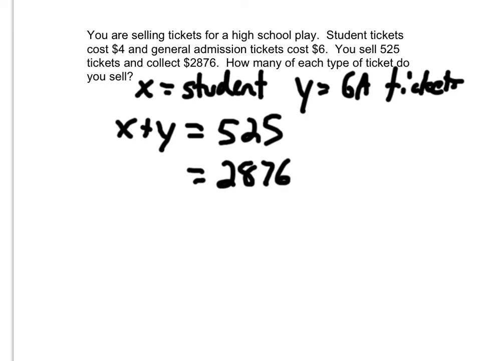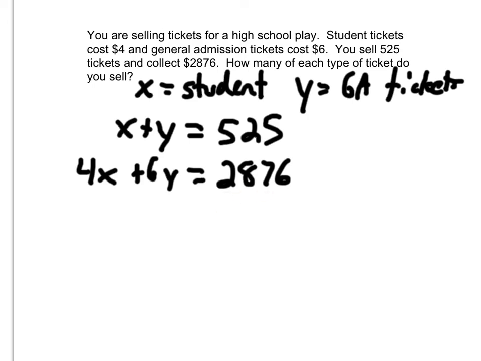Well, let's think about this. We know student tickets cost $4 and general admission tickets cost $6. So if we take 4 times the number of student tickets, or 4 times x, that's going to tell us how much money we make in student tickets, plus 6 times y, 6 times our general admission tickets, will tell us how much we make in general admission ticket money. Okay, so again, straight up, our student tickets plus our general admission tickets equal 525 tickets sold. And $4 times the number of student tickets plus $6 times the number of general admission tickets has to equal